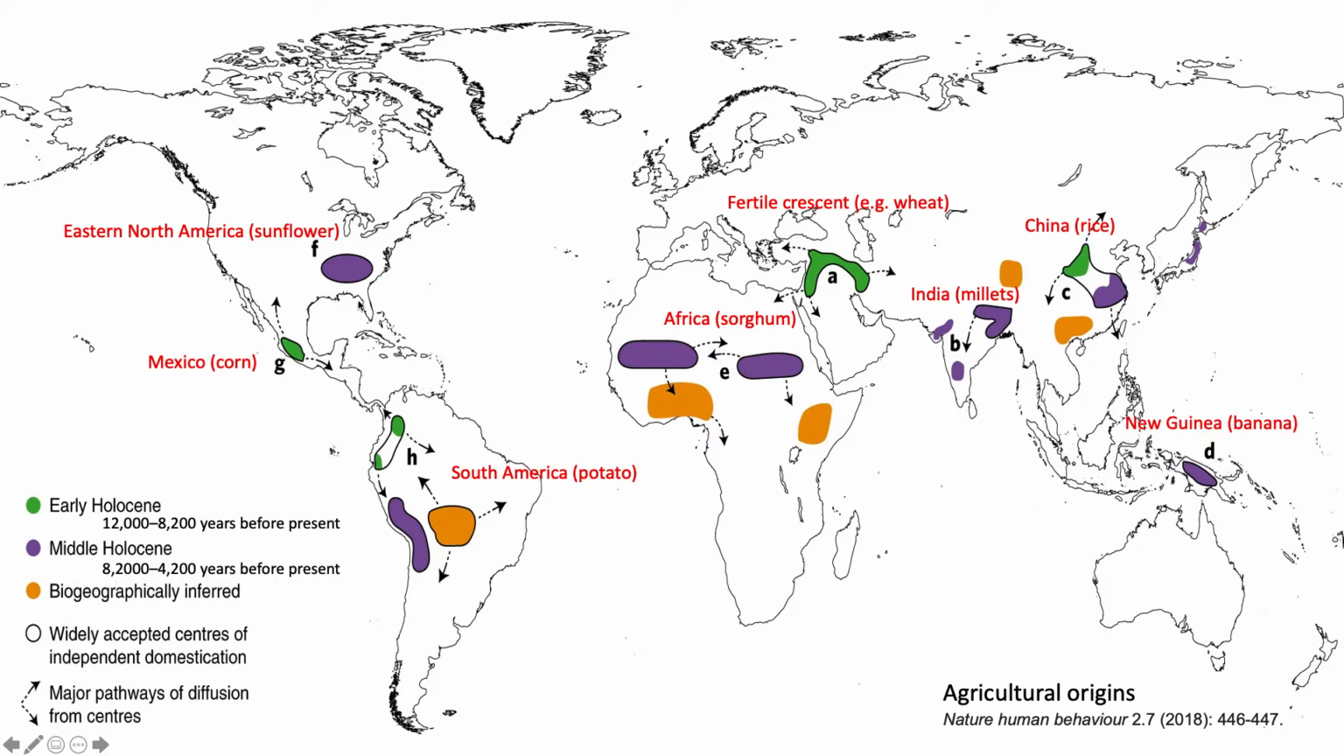So you have here somewhere in North America where they domesticated sunflower. You have here another part of South America. In Africa, you have sorghum. In India, you have millets and banana in New Guinea. So those ones with